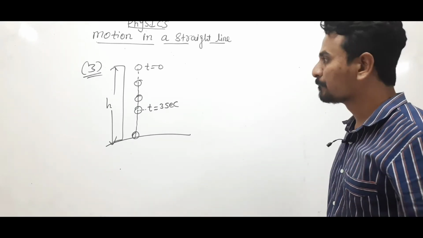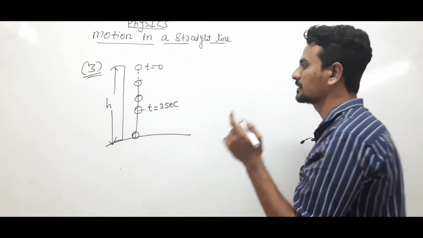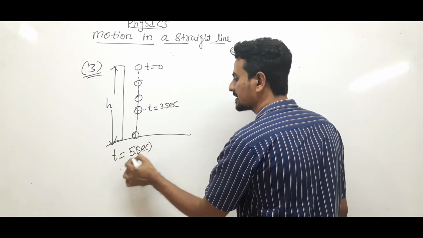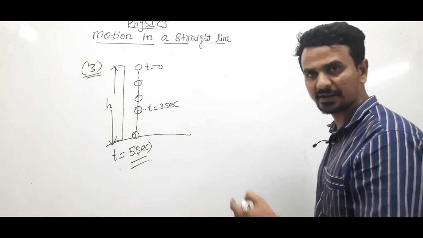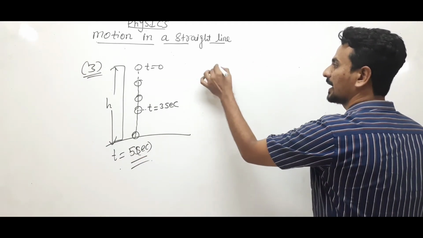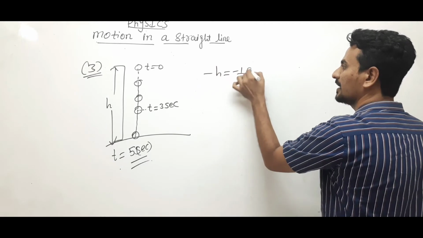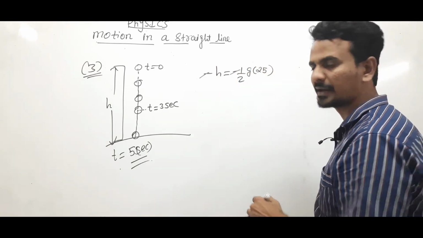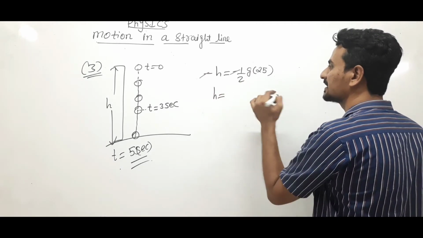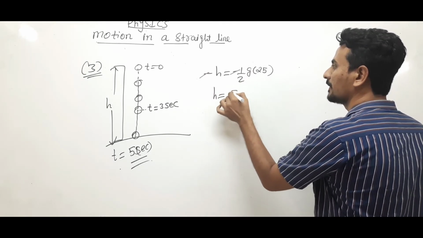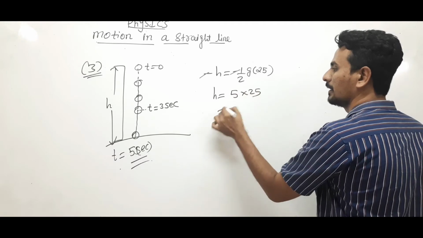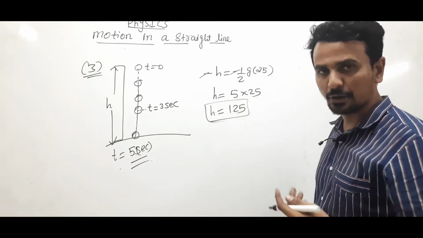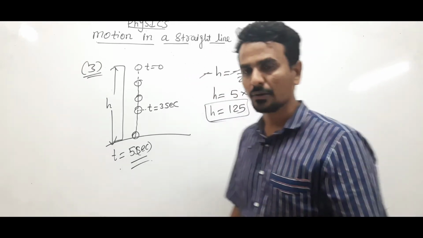So first it takes 5 seconds, right? So we'll calculate h, the total height. It will be minus h equals minus half g into 5 square, that is 25. Let us take g as 10, so h equals 10 by 2, 5 into 25. So 125 meters is the total displacement covered in 5 seconds. Okay, now